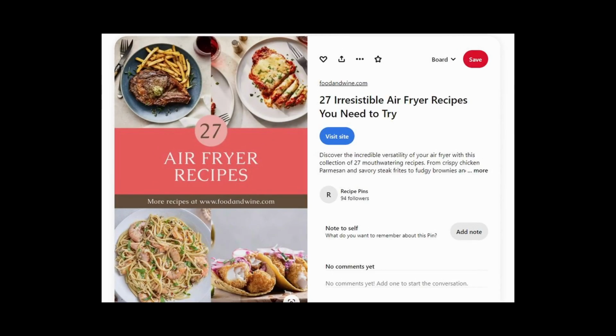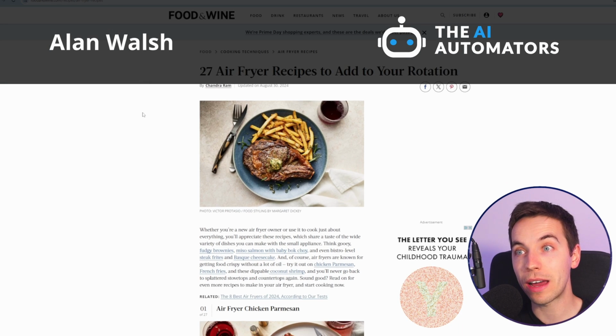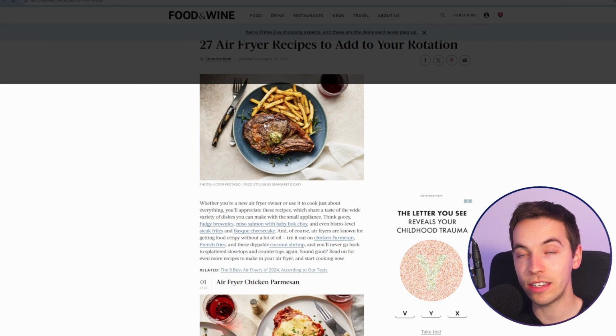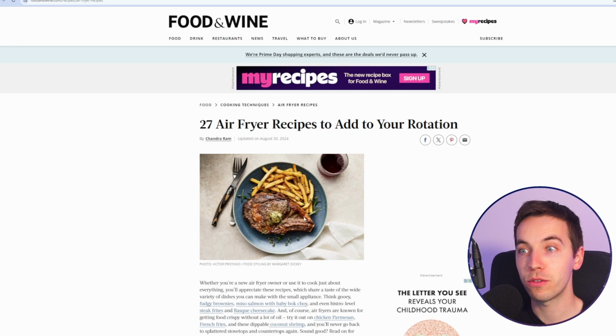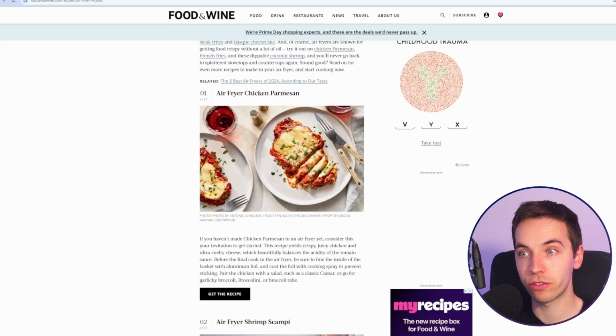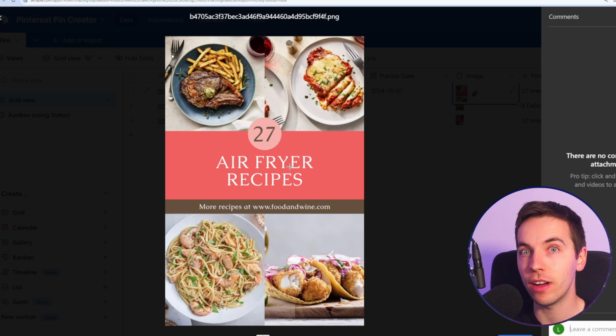In this video, I'll show you a Pinterest automation that automatically creates high-quality pins based on your website content. All you will have to do is enter your blog post URL into this Airtable field, and the automation will automatically crawl this page, extract the images, and then create a highly relevant pin for that post. For example, we can see it's taken images from this article without duplication, and it's created a simplified title that's